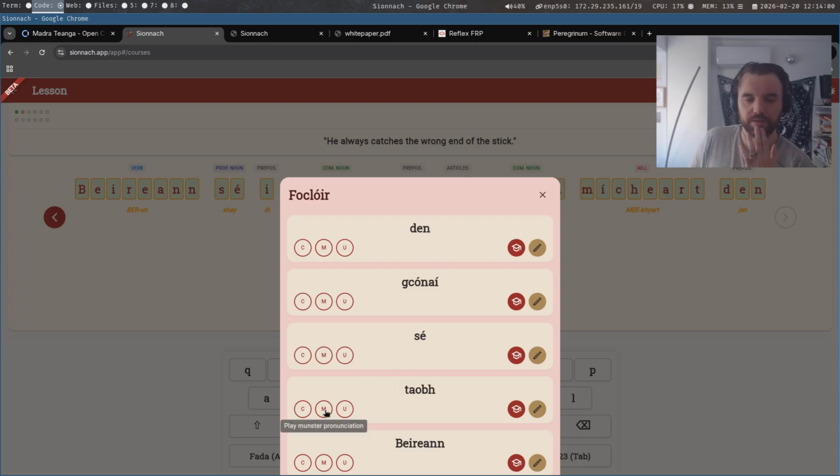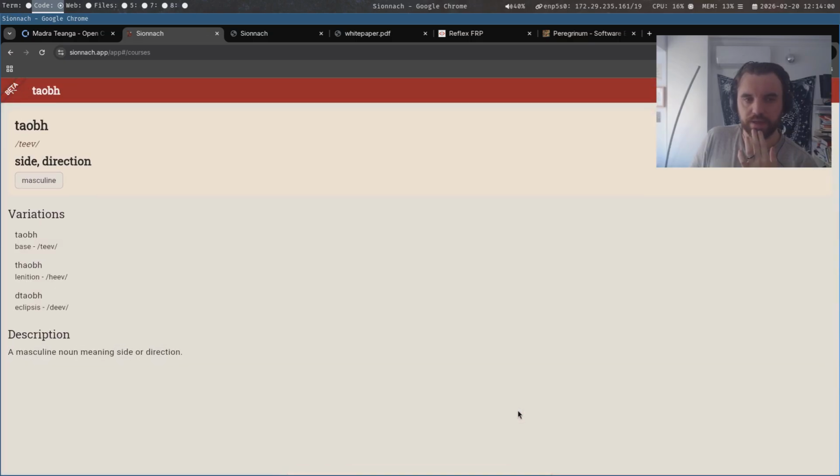So first of all, you can hear them in each of the dialects, and then you can go and view here, and the idea here is to have a kind of a root, and then all the variations and the meaning. So I'll show you the JSON of how this is structured, and that JSON will be going on the open source repo soon. Kind of just waiting for the proofreading to be done and all of that stuff.